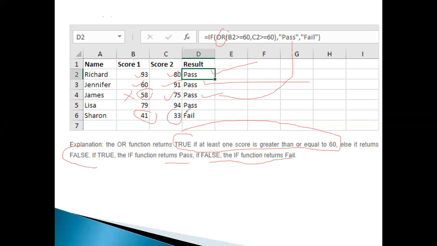This is also less than 60. So that's why it is the result. So that's how the AND statement as well as the OR statement we can use. So I'll just share the Excel sheet with you.